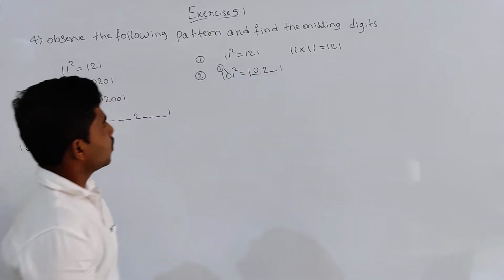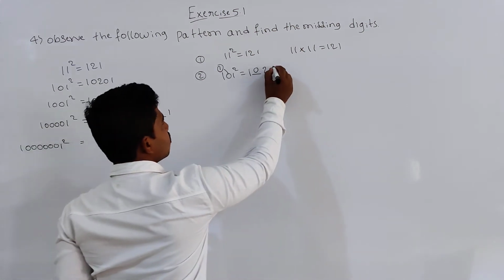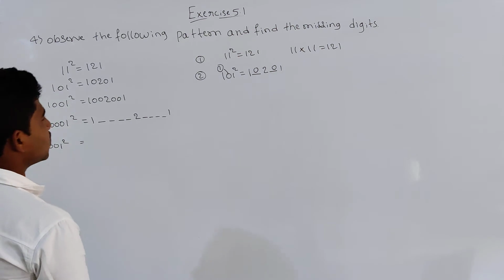Again between the 2 and 1, you should fill the another 1 0. Then you will get the answer 10,201. Same as that, in the third one,